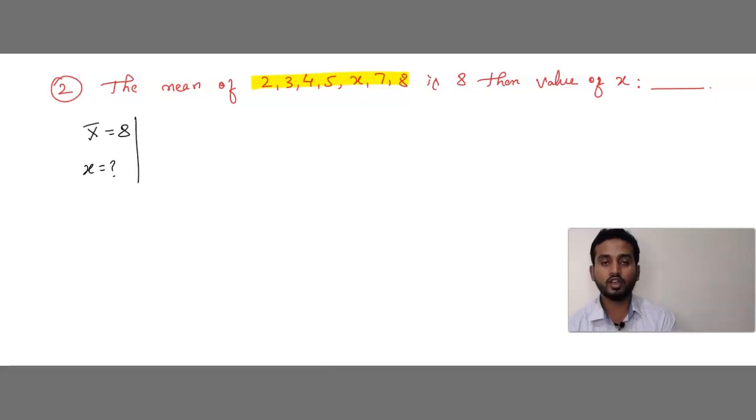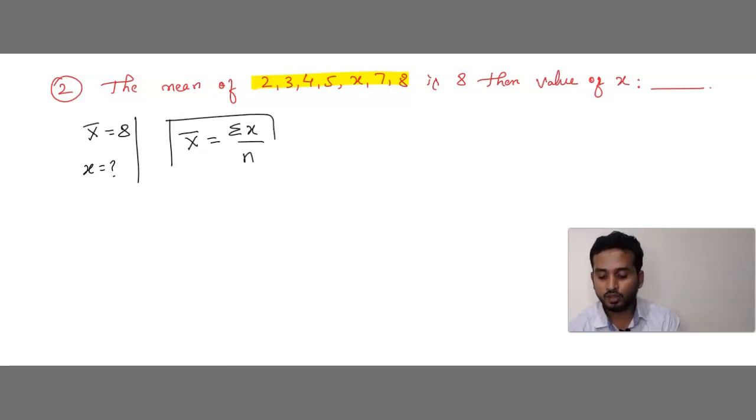See children, he has not given class interval frequency. It means it is ungrouped data. If class interval frequency is given, that is called grouped data. But here the same thing we have to write, x bar equals sigma x by n. There, frequency was there, so fx. But here no fx. There n means we should add all f. But here n means we have to count all the numbers. See how I will let you know.